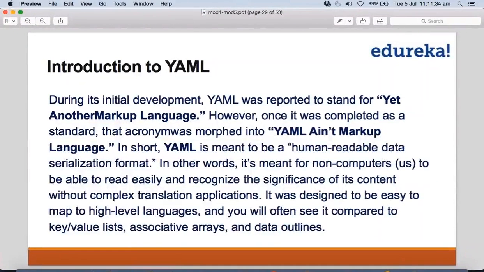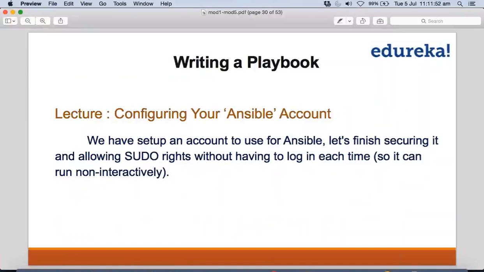During its initial development, YAML was reported to stand for Yet Another Markup Language, but the acronym morphed to YAML Ain't Markup Language. In short, YAML is meant to be human readable, as I told you some time back, and very easy for computers to understand and recognize without much complex translation at the back end. Now we are here to write a playbook,